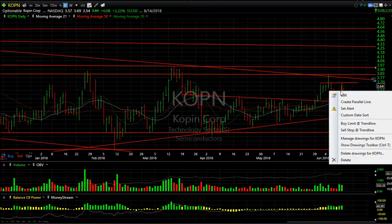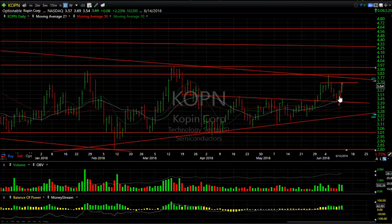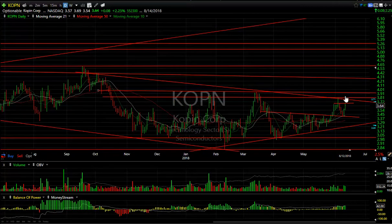Copen, taking a look at the way Copen acted. More good volume, more upside. Nice reversal off the low, and you can see it's right at resistance. If this thing gets through, in my opinion, it's 385.95 zone, it's going to rocket it to the 450.60 zone,